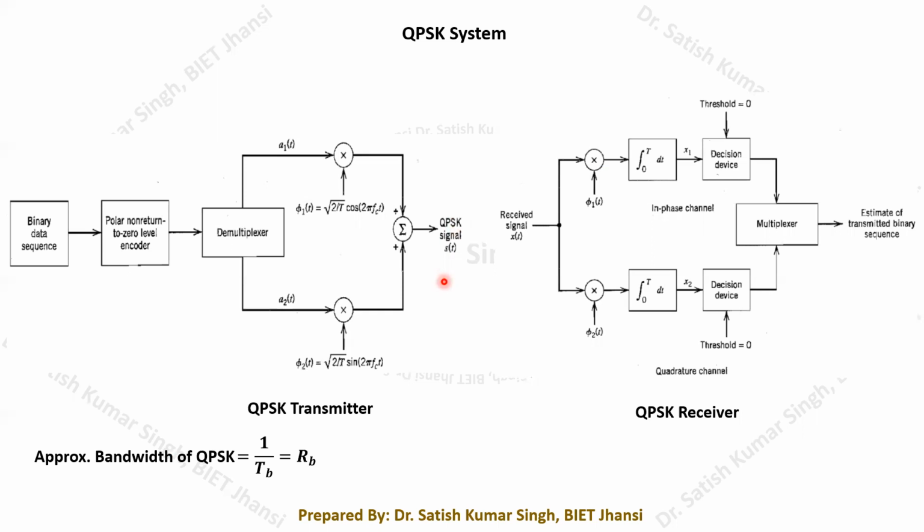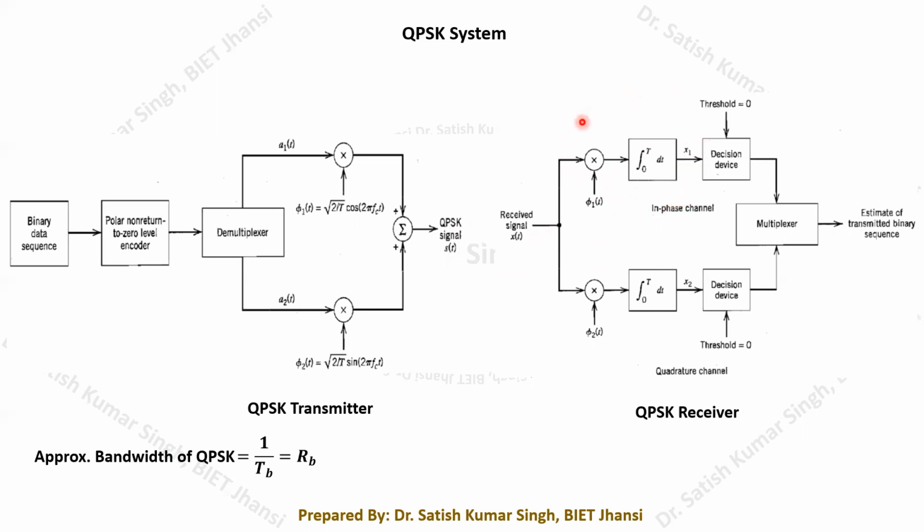So the receiving part, again, is very straightforward. As I said in the case of signal space representation, the received signal has to be multiplied with the same basis function, and then it has to be integrated over the bit duration Tb. Fine. So if you integrate it, this is going to give you